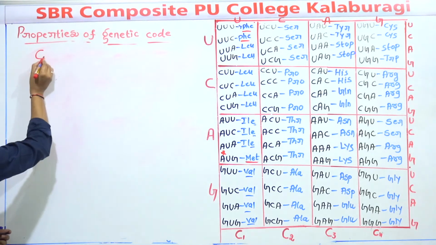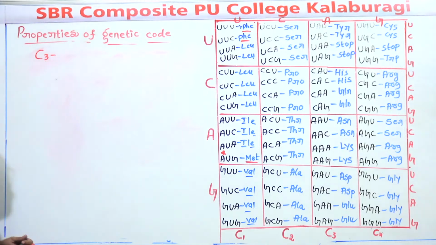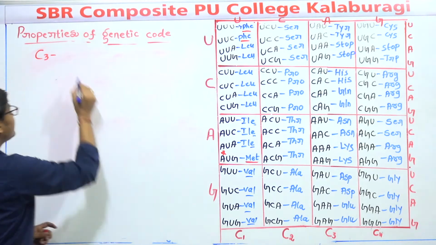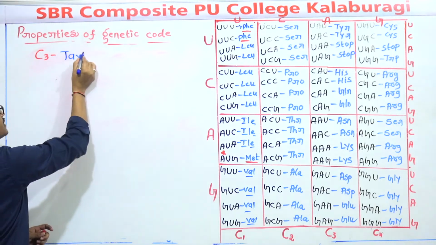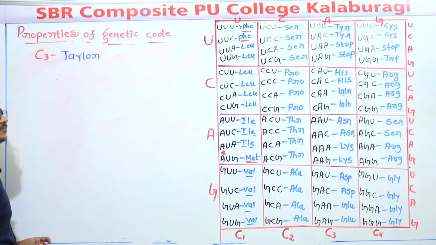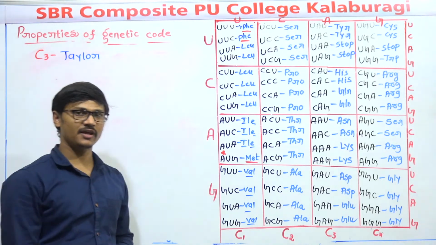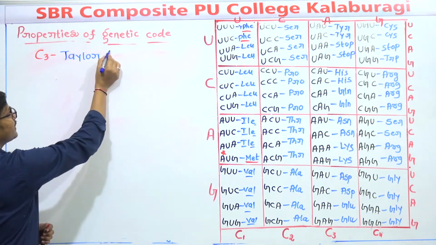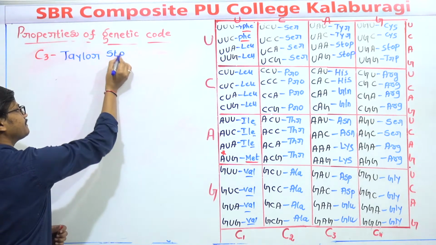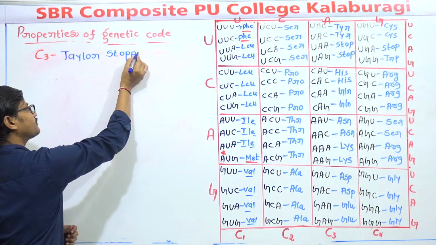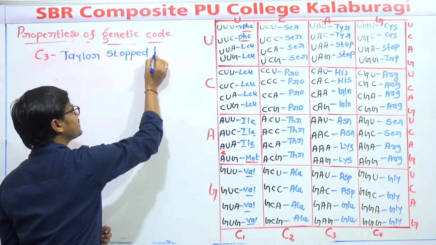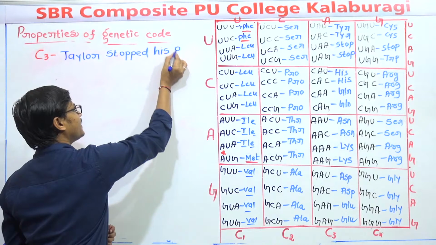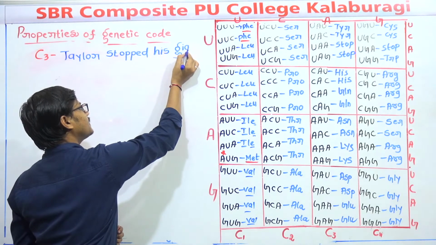Next one is column 3. And again there is a method or trick to remember that. There is a boy, his name is Taylor. Taylor stopped his giant